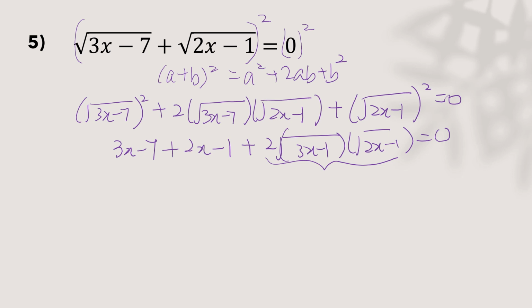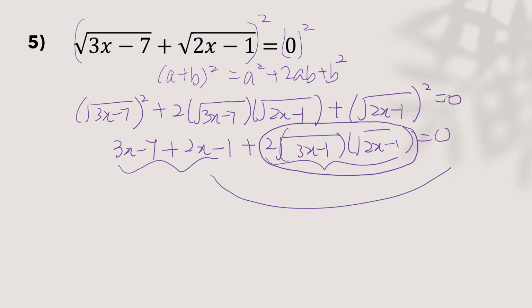a term involving a radical sign, where you still have to square. That means you simplify this term, bring it to the right-hand side, and then you have to square both sides again to get rid of the radical sign. So therefore, to avoid being trapped in this kind of situation,